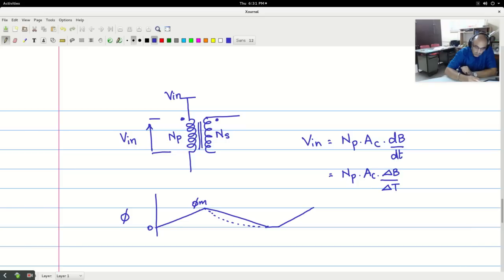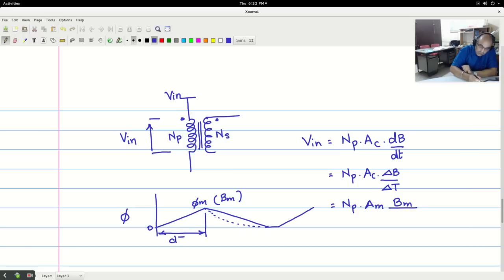So there is a swing of 0 to phi m, and in terms of B, there is a swing of 0 to Bm. Bm is nothing but phi m by AC, and we have already put AC there. So this is NP into AC. It can swing a maximum of Bm, and in what time? The time period is